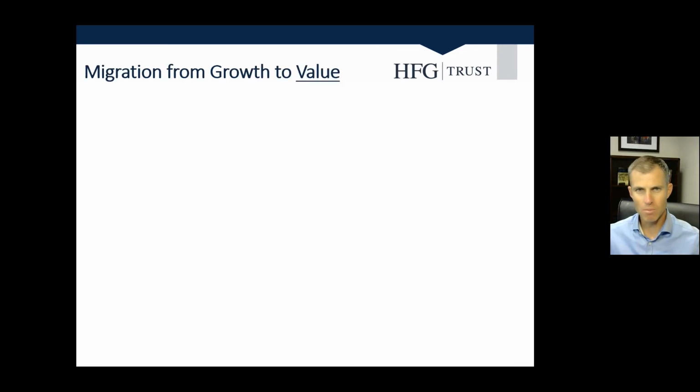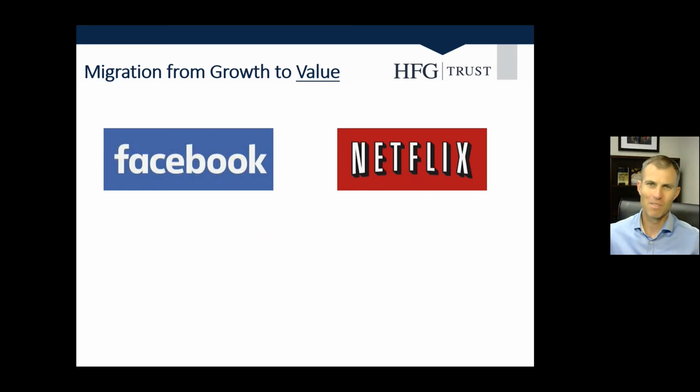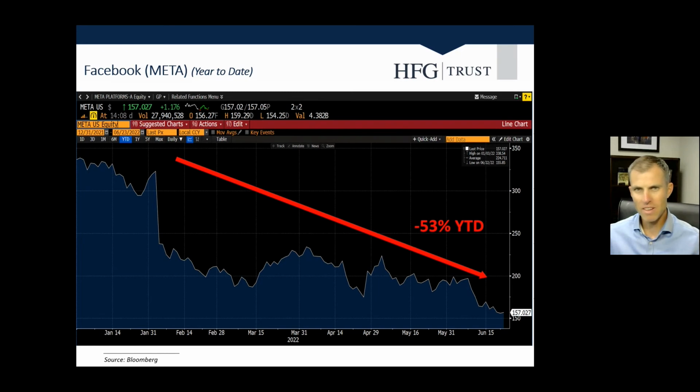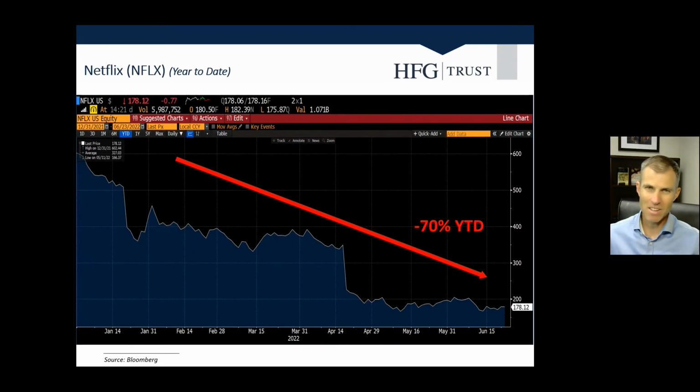One of the major index providers, Russell, is moving some of yesteryear's high-flying growth stocks into its value index because the stock prices on those companies have fallen so much recently. And I'm going to name some names here: Facebook, Netflix, PayPal. These three are now considered value companies according to Russell. Facebook stock has fallen 53% this year. PayPal stock has fallen 62% this year. And Netflix, that stock price has fallen